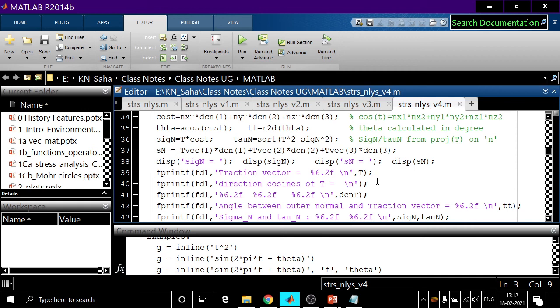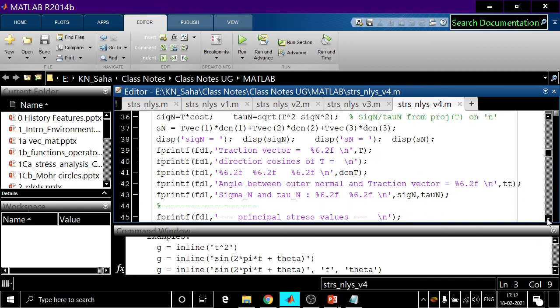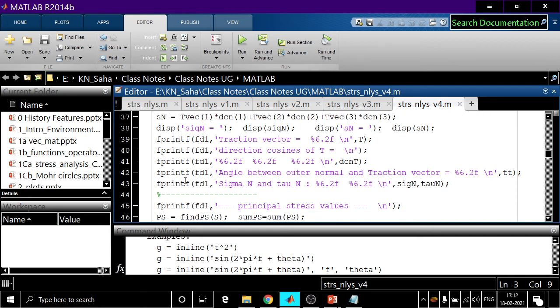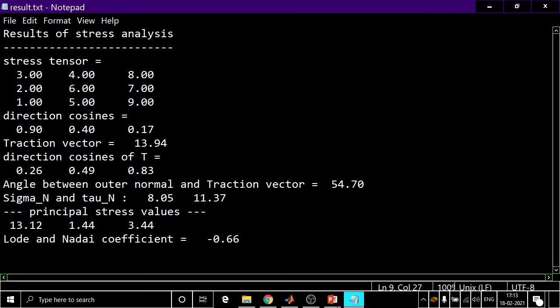The traction vector t, this is what we have already written, then the theta angle. Afterwards, I have written sigma n and tau n. These sigma n and tau n values are written in the file.